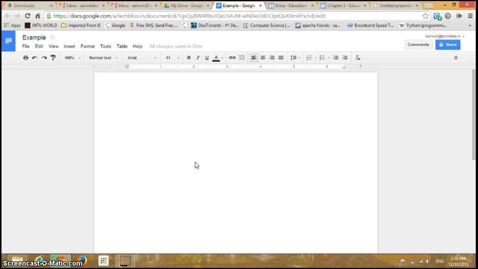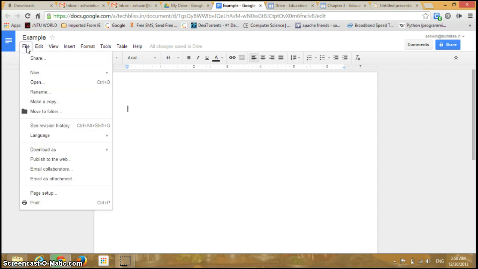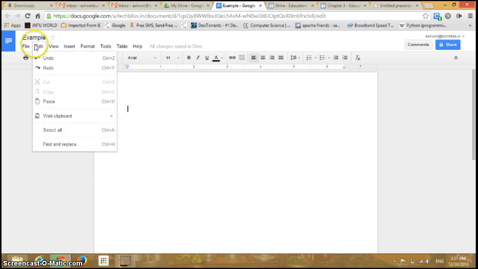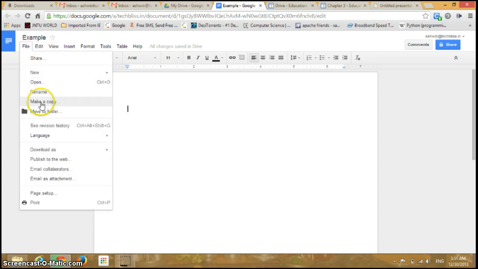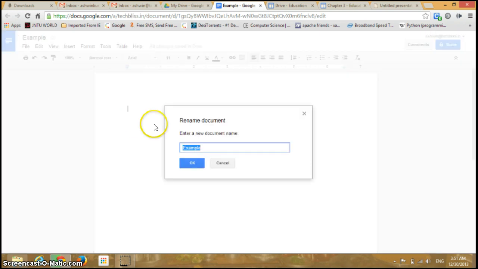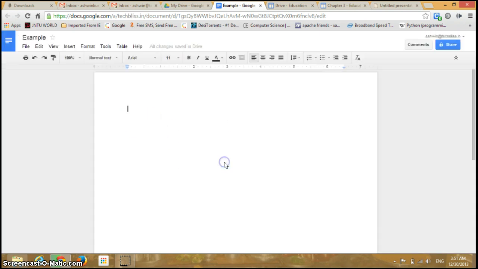and if you want to rename the document, you can go here again. If you just click on it again, you can rename it, or else you can click on the file button and click on rename here. Similarly, you can rename the file again if you want, else cancel it. So in this way you can create a new document in Google Docs,